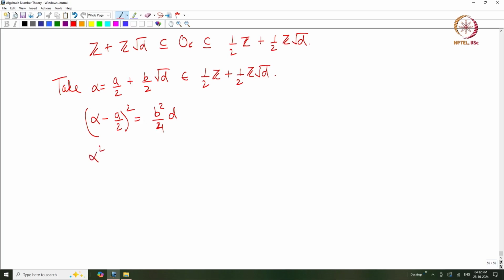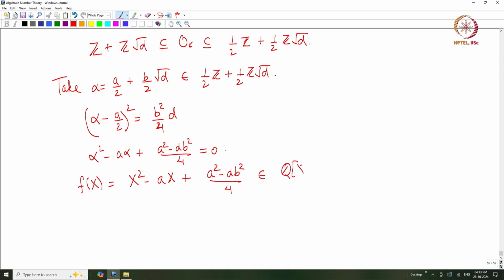So, this is alpha squared minus a alpha plus a squared minus d b squared by 4 equals 0, right. So, you take f of x to be x squared minus ax plus a squared minus d b squared by 4. This is a priori a polynomial in Q[x]. So, this is a monic polynomial